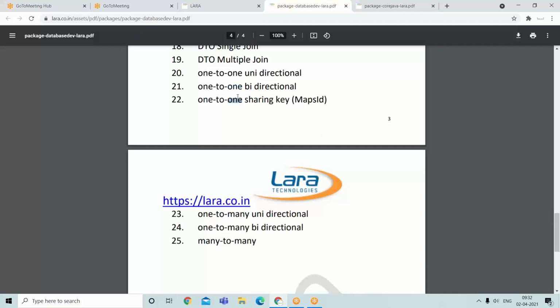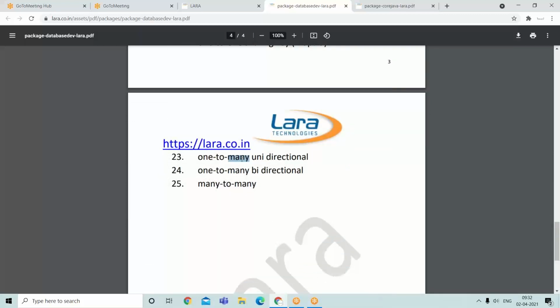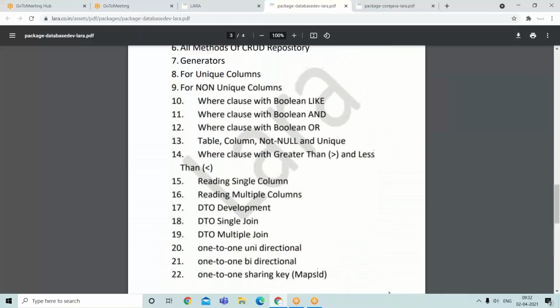One-to-one shared key, like MapsId, then one-to-many unidirectional, one-to-many bidirectional, many-to-many. Every type of database interaction from a Spring Boot application by using the Spring Data JPA module, that Spring Data JPA module internally using Hibernate. All these programs are also available through download.